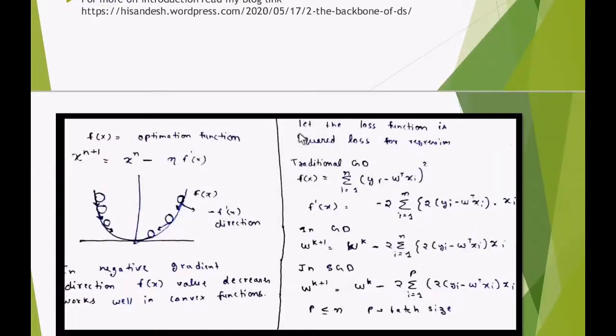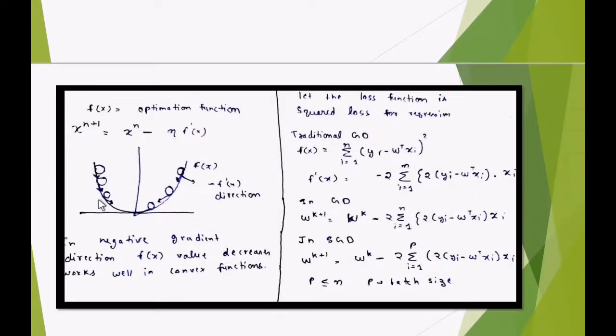Now in optimization there is a very famous algorithm called gradient descent. So I will explain gradient descent to you. Let's say this is the function that I have, and I want to find the minimum value of this function, that is, I want to reach this point. So a basic strategy is that at any point I start moving in the negative of the gradient direction, and if I keep continuing this, then eventually I am going to reach the minimum. This technique is called gradient descent, and it works very well for convex functions. In each step we are just subtracting from our actual value the value in the direction of the negative gradient.